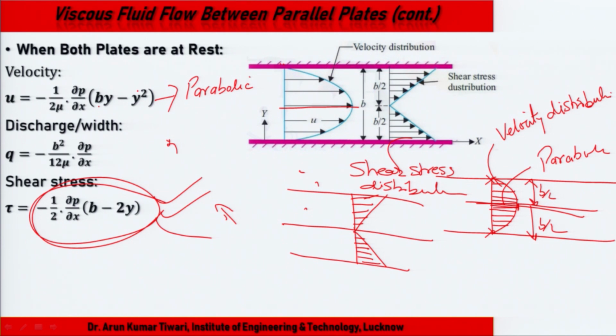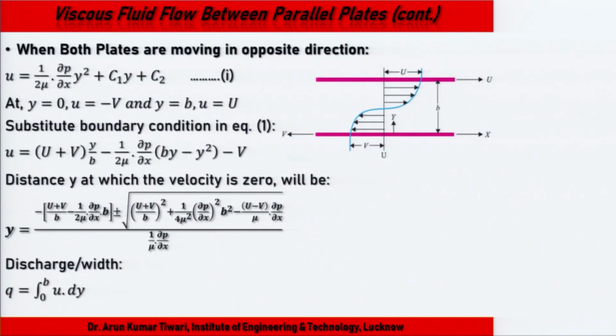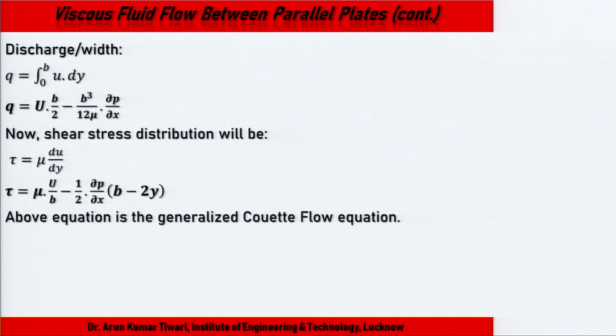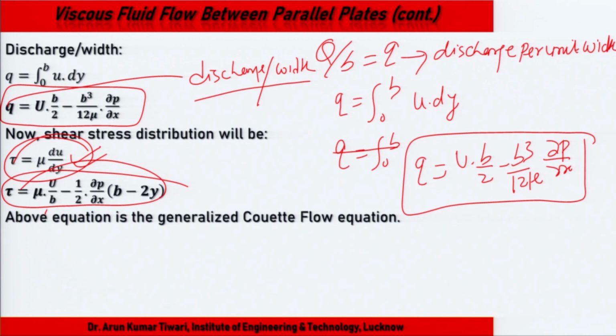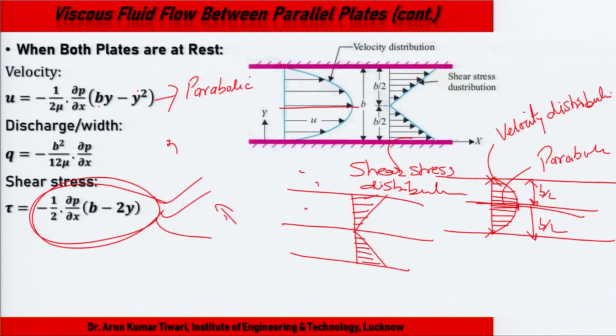Third one is the discharge per unit length. Similarly, you can take discharge per unit length as small q. Just see, putting this value 0, this one becomes b cube minus 12, yes, the result is b cube, and this is the discharge per unit width. So these are the changes.